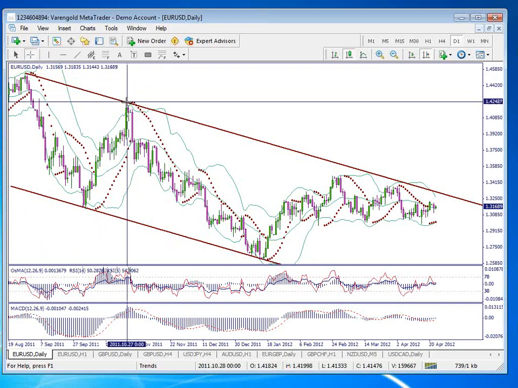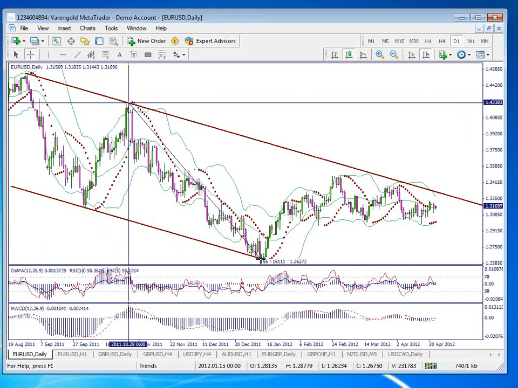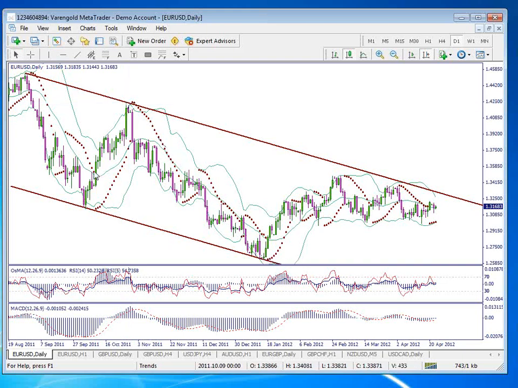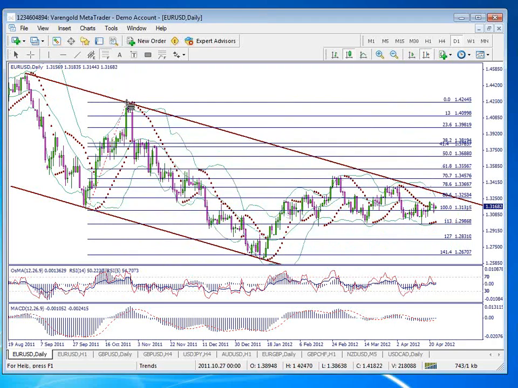The wave number 3 was about 65 days. Usually the wave number 3 is the biggest one of the impulse. We had about 1,600 pips in this wave, and if we want to measure it, we will use Fibonacci from the low to the high in the sense of the second wave, that one, and we can see that the pair